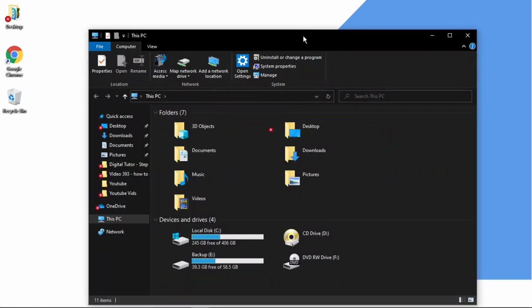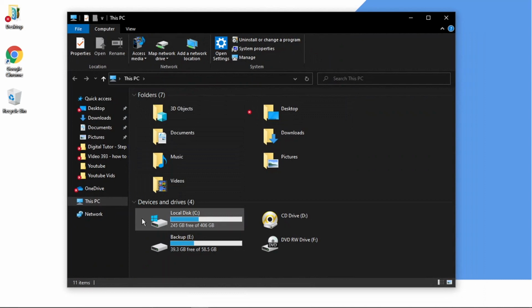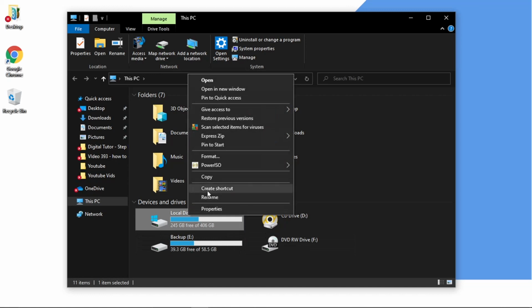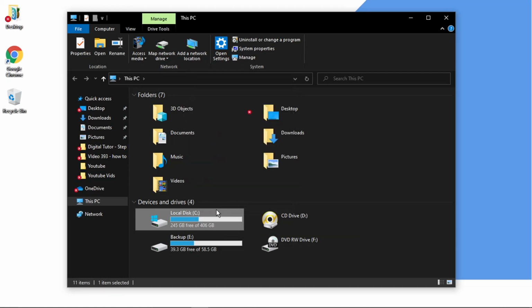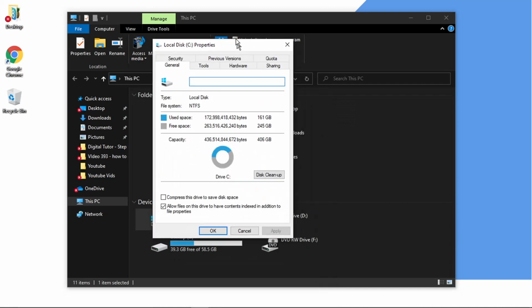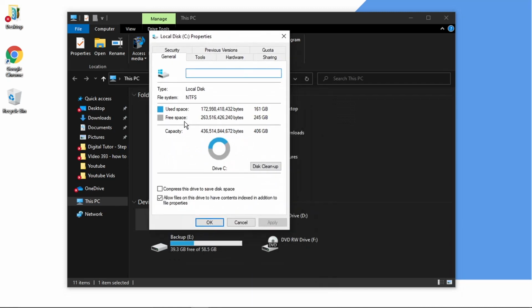So once this has opened up, what you need to do is come down to devices and drives, and you want to right click on your local disk. So it's normally your C drive, this one here. So if you give that a right click and then you want to click onto properties. And then from here, what we're going to do is just go and click down here where it says disk